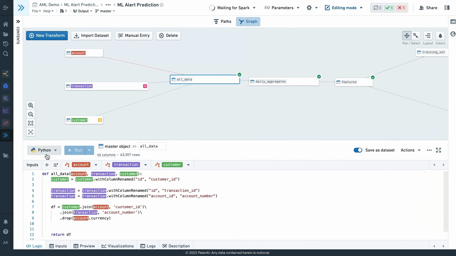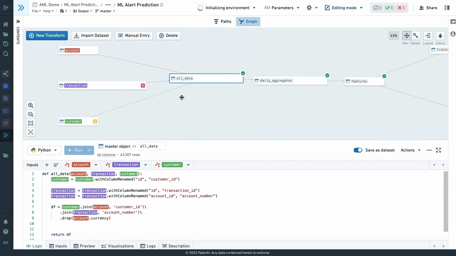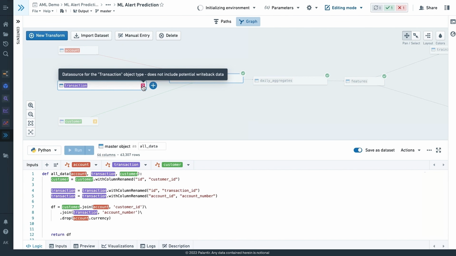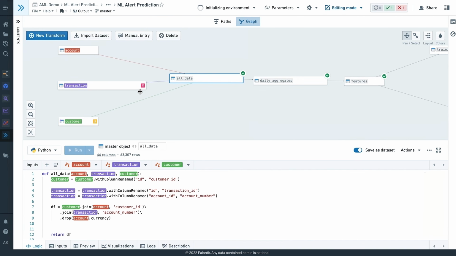And so every one of these nodes is a step of PySpark-based transformation. I could be using pandas. I could be intermixing R or Spark SQL. And the joke that we have internally is that the most interesting thing off the bat to data scientists is the import data button. It's being able to say, hey, you can get clean, consistent access to that data that you've built into the ontology or anywhere else in Foundry.